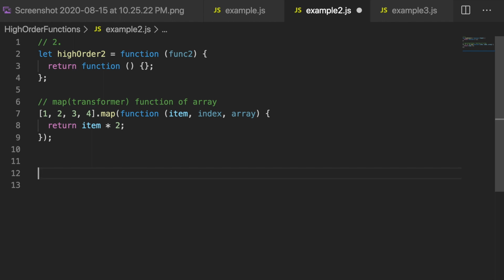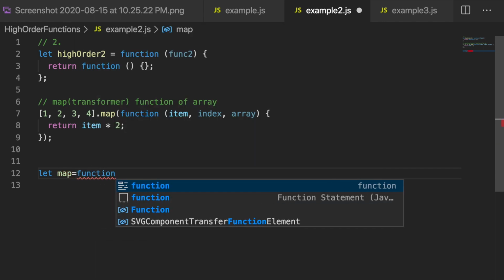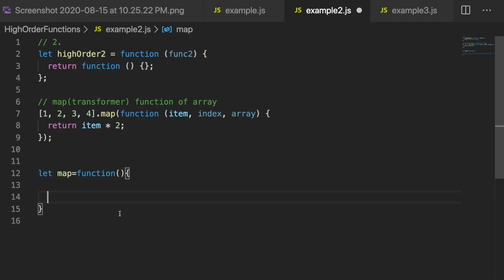Let's try to write a polyfill for that. I'll take a map variable, and our map is a function which takes this function as an argument, right? So our map is a higher order function. Let's call this highlighted function a transformer.